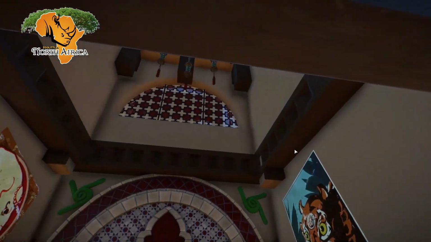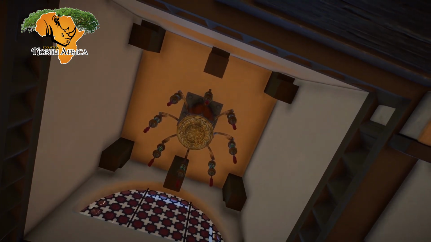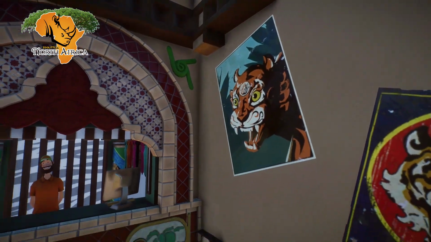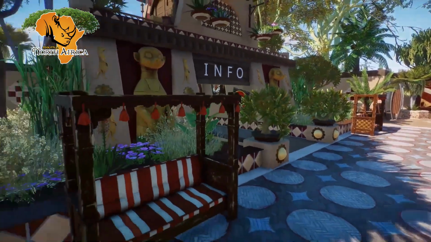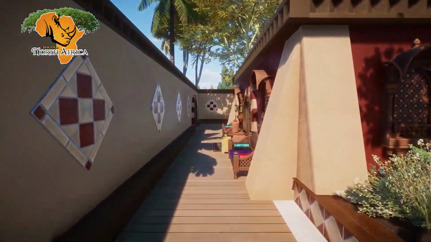We do have some spots here where some of the pieces are sticking through, but I thought it wasn't a big deal. Not many people are going to be looking up here when they're playing the game anyway. So, yeah, we got our little info booth. We do have the staff section in the back here with the door